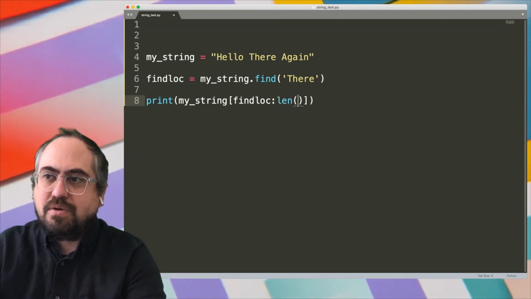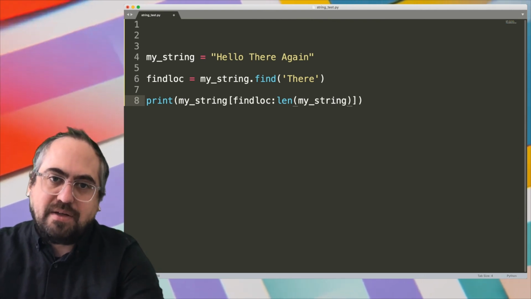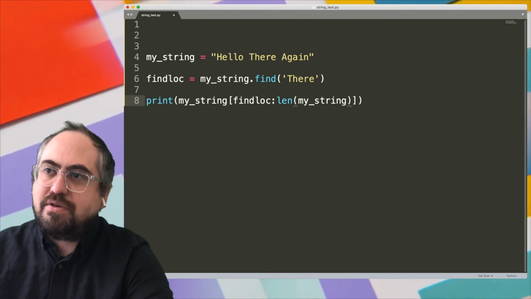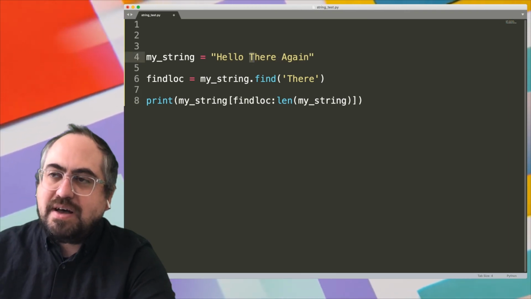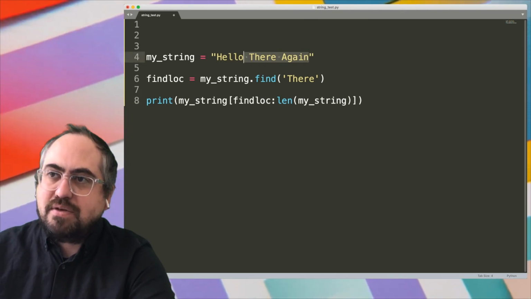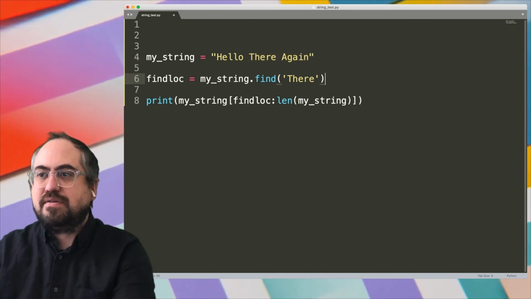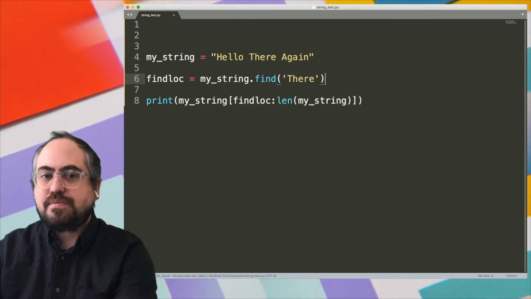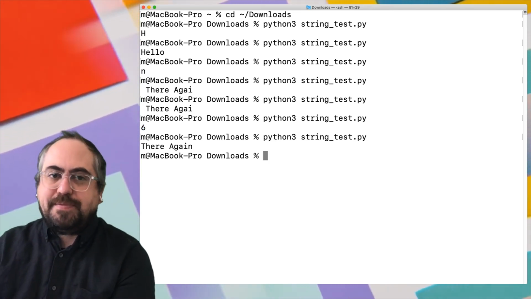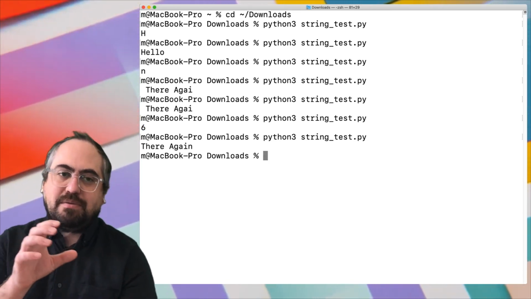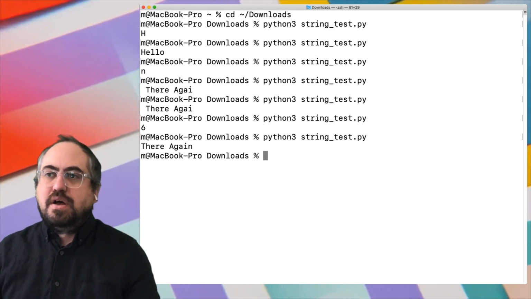you could find the length of the whole string with the length of len my string, right? So that's going to return this whole length. So it's going to say, okay, start at 6 or 5, and then continue on for the length of the whole string and end there. So let's see if that works. Right? So it found the piece that we're looking for and then to the end of the string using this